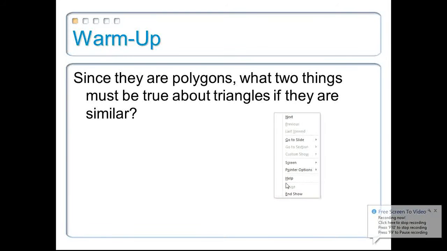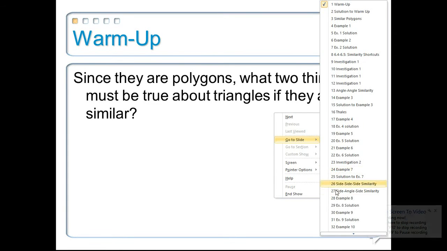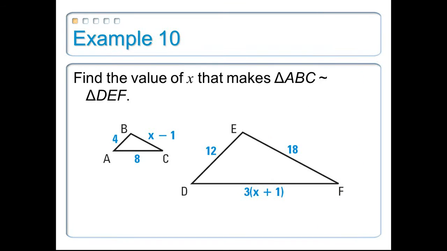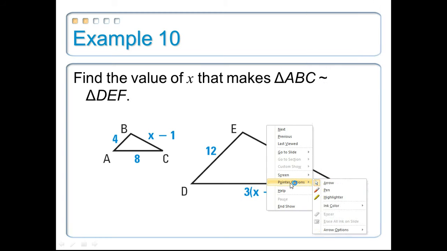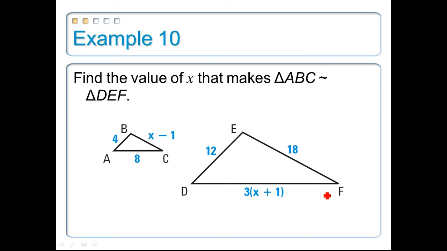And I'll find example 10. And there it is. We'll put the pointer on the screen. Okay. And what you're seeing here,